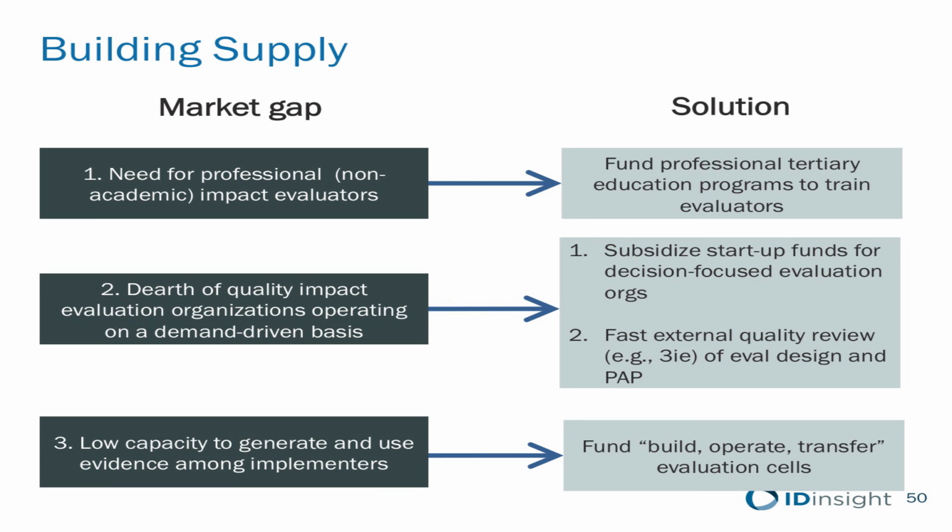So one thing that IDinsight has been developing, and we're going to launch hopefully this year with UNICEF and the Gates Foundation, is a build, operate, transfer model of capacity building. We've been to a lot of one-week training workshops, and that's useful for helping individuals at least understand what the issues are in impact evaluation, but to actually transfer capacity, we're thinking of adapting what is done in infrastructure projects, basically public-private partnerships, where the first phase is build